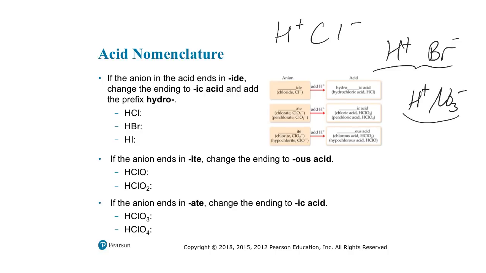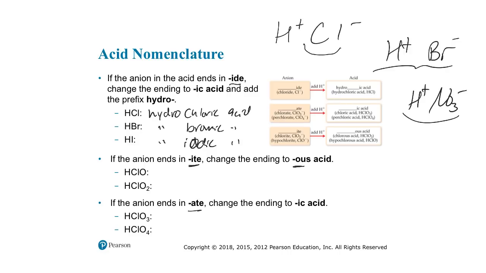So our nomenclature system here is that if the original anion name was like chloride or bromide, had that IDE ending, then our name becomes hydro-ic acid. So HCl is hydrochloric acid, and then we've got hydrobromic acid and hydroiodic acid for HI. Now, if the original anion had an ITE ending, then we go to an OUS ending, and